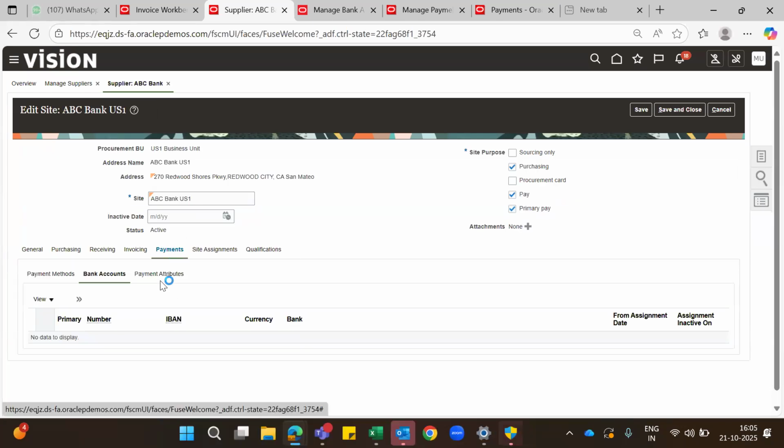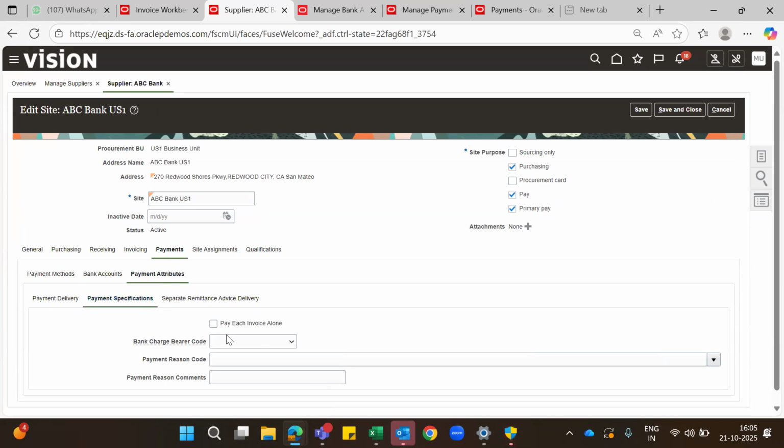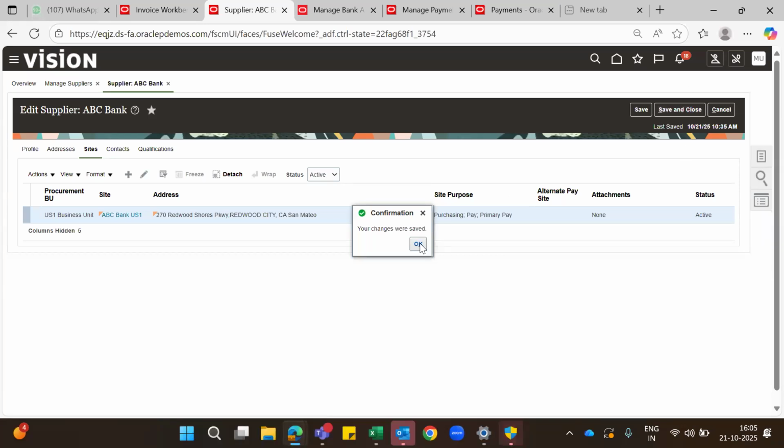Go to the Payments tab, Payment Attributes, Payment Specifications. Here you see that there is a checkbox called Pay each invoice alone. Enable this checkbox. Save. Save and close. This means every invoice for this supplier will be paid individually. Okay. Next,